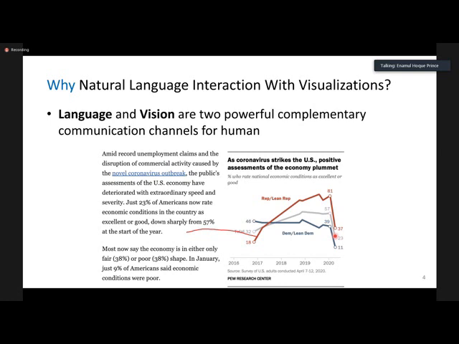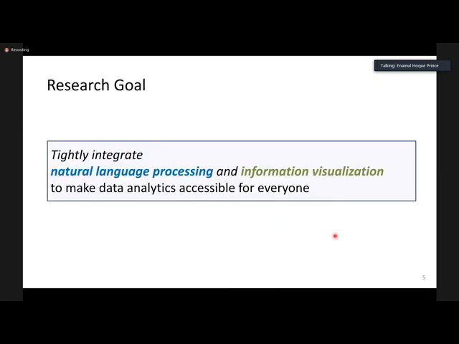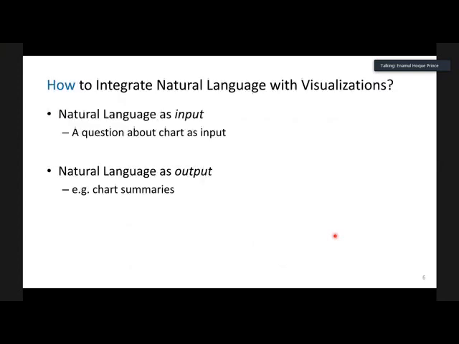Now, we can integrate natural language with visualization in two possible ways. One possible way is that we introduce natural language as input. So let's say we have some kind of natural language query or a question, and then we visualize the result as an output.